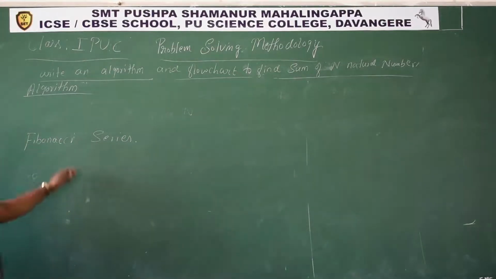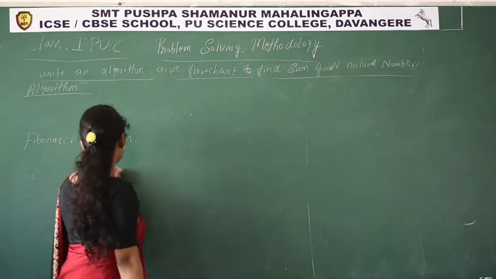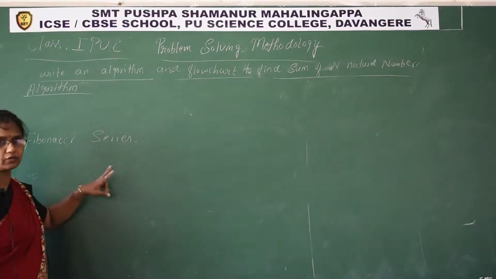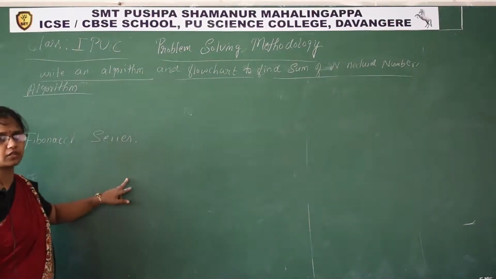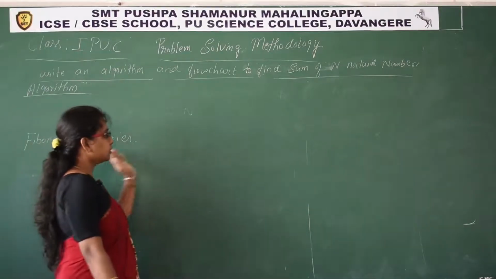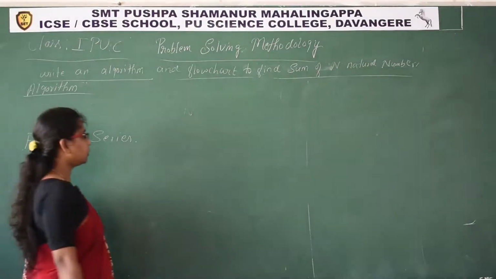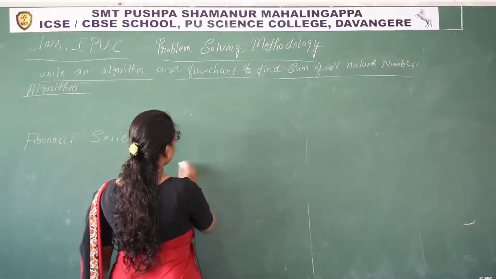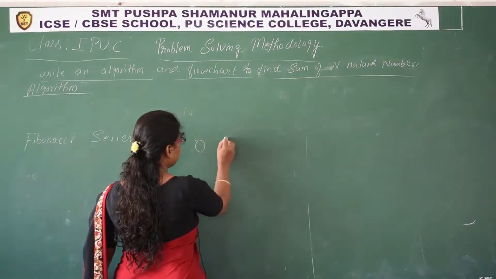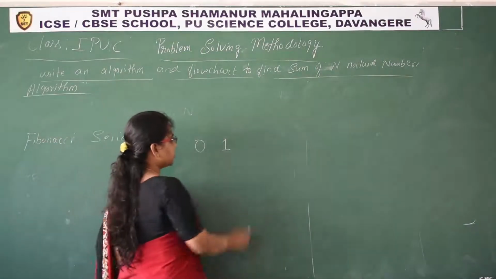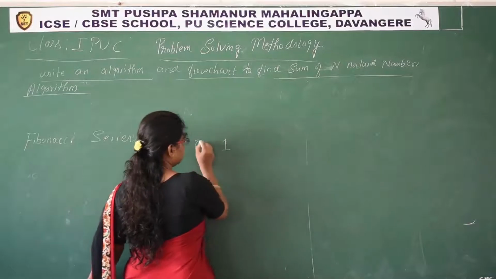See, how would the Fibonacci series be? See, first two initial values are there here. We have to give initial values. After that, the series will be generated by adding the previous two values. How? First initial values are 0 and 1. We should initialize. And the series will start from here.